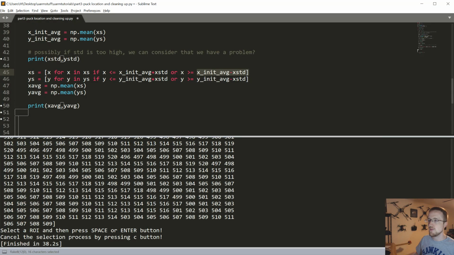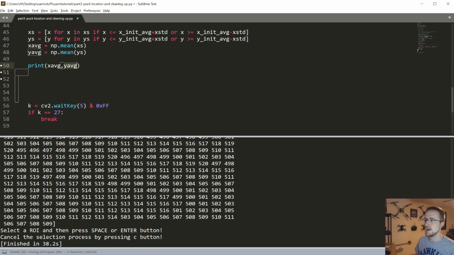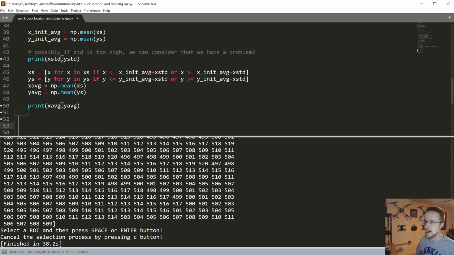Once we've done that, then we're going to calculate the true average, the X average, and the Y average. And then you have a pixel, well, sort of a pixel location. We've done a lot of trimming and stuff like that, but then you have an actual location for the thing that we're attempting to track, and we're just going to